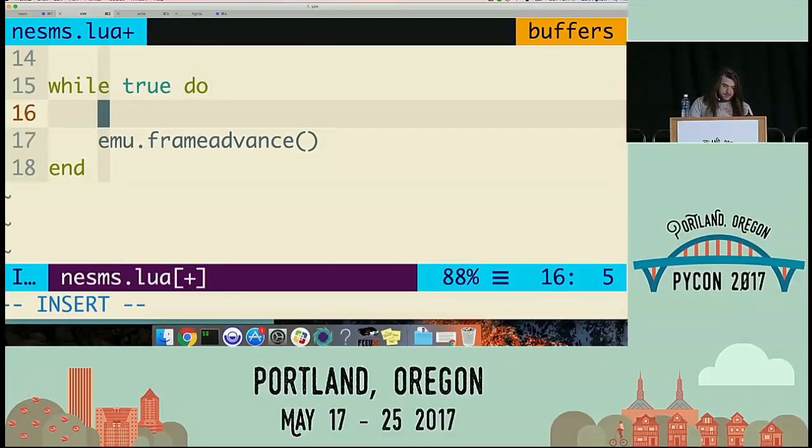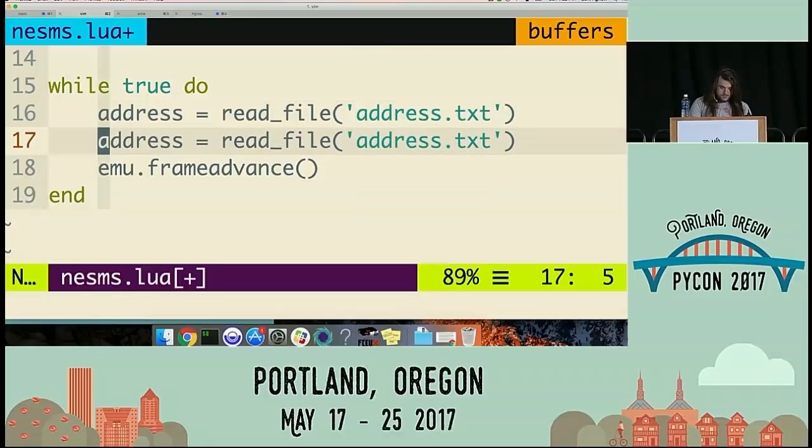So at the beginning of each loop, I'm just going to read from that text file. What we're going to do is you're going to text my phone number a 4-digit hexadecimal address, corresponding to an address in memory, a space, and then a 2-digit hexadecimal value. And I'm going to write that value to that address in memory. I'm going to just read them from some text files, because it's an easy way to communicate. So I'm going to read from address.text, and I'm going to do the same thing for